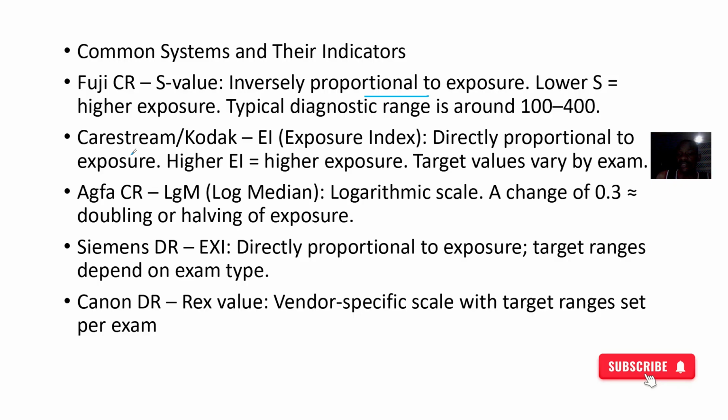Then we have the AGFA computed radiography. So they use a log median, a logarithmic scale. A change of 0.3 means doubling or halving of the exposure. So Siemens digital radiography too is directly proportional to exposure. Target ranges depend on the exam type. So we also have the Canon, also known as the REX value, and also vendor-specific scales with target ranges,